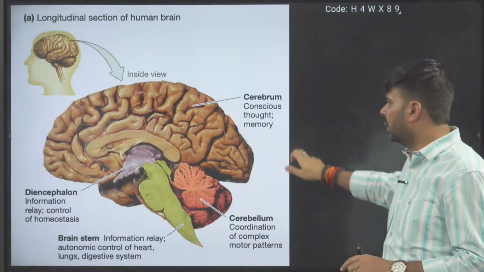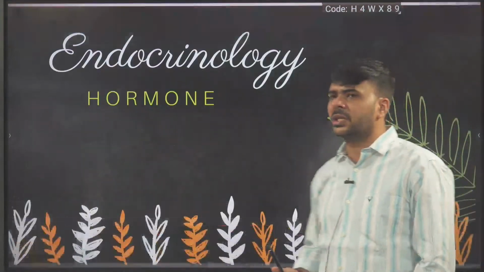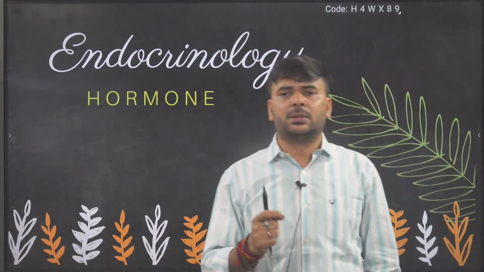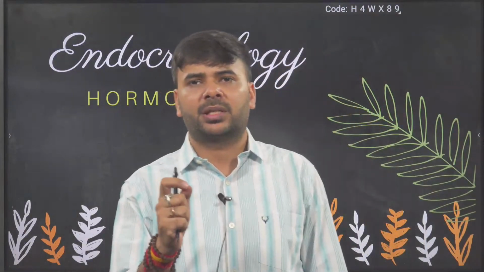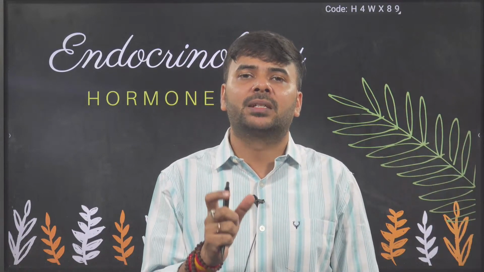Then you move to the next part, hormone. Directly I'll go to the hormone. We studied this in the endocrinology part. First of all, what is a hormone? I'll use simple language here, a very simple statement for defining a hormone. Hormones are a type of messengers, chemical messengers. One cell releases a hormone, and the hormone acts on another cell, and in this way they help in communication. So exactly here we are discussing in zoology how our body cells communicate to each other.